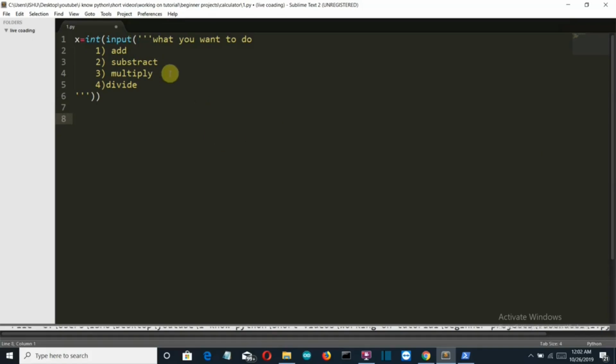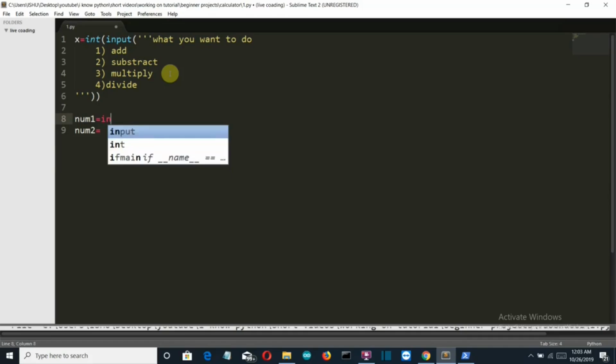so here we are taking the input from the user, that what is the operation that he or she wants to perform. So let's take the two numbers from our user, that is num1, not x num1. It should be num1 and num2, more relatable variable names. Well, you can take whatever you want. Make sure that these are int, because by default the input type is string and we cannot perform any mathematical operation on strings. Okay,